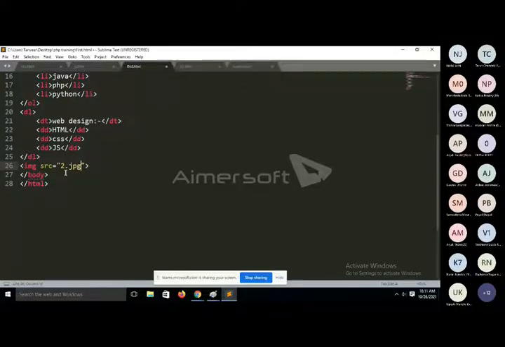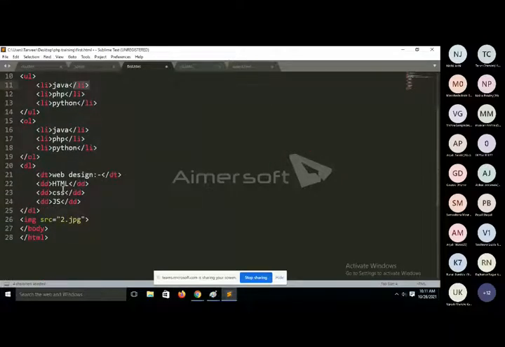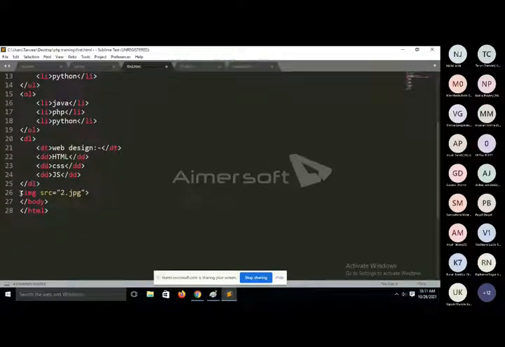One more important thing, guys. Each and every tag, the UL tag also contains a closing tag, the li tag also contains a closing tag. But the image tag doesn't contain a closing tag. So if any tag doesn't contain a closing tag, then we will self close the tag. Inside the opening tag, you write a backslash at the end.